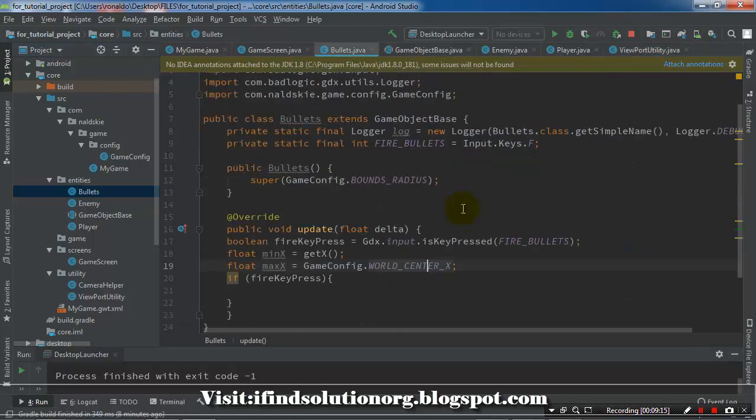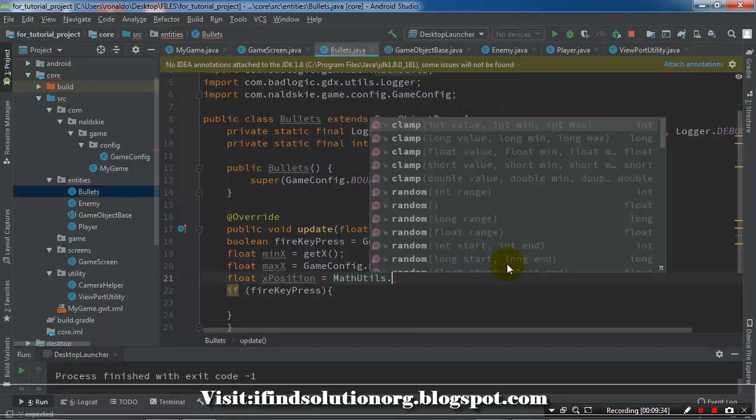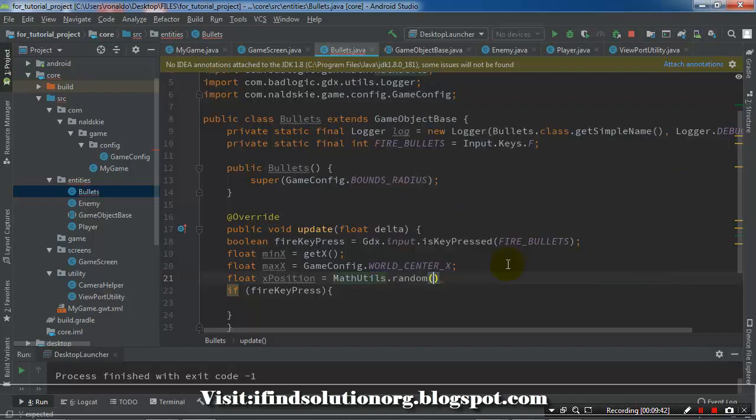Now let me try to... Okay, so we need to position our... We need to declare another bullet x position. So I will just call this one x position to be equal to MathUtils.random. So this one we can generate a random position to this position. So min x and max x, and we can